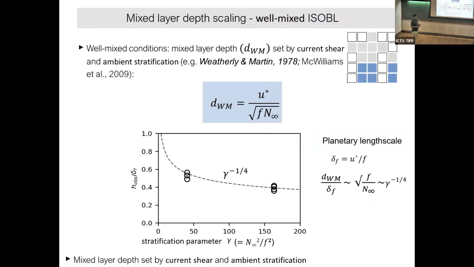Now, let's test some scaling. In the well mixed regime, we have an existing scaling. In the well mixed regime, the background stratification is important, not the stratification built by the fresh water, correct? Because that built by the fresh water is an internal property. The background stratification is there because the ocean is stratified. Now, rotation is also important. U-star is also important, right? So U-star is important, rotation is important,